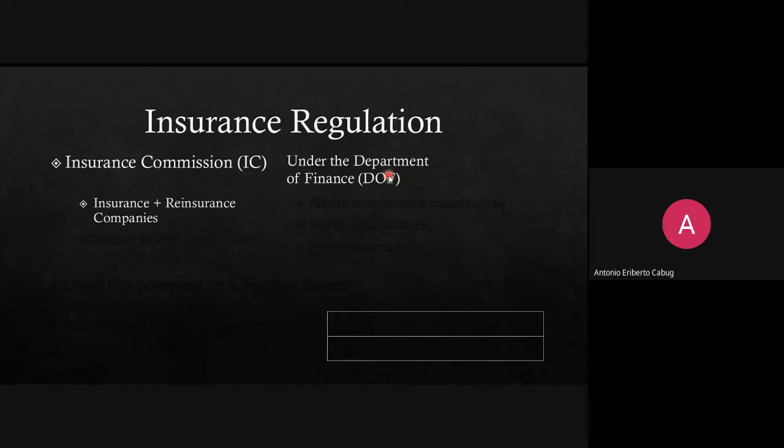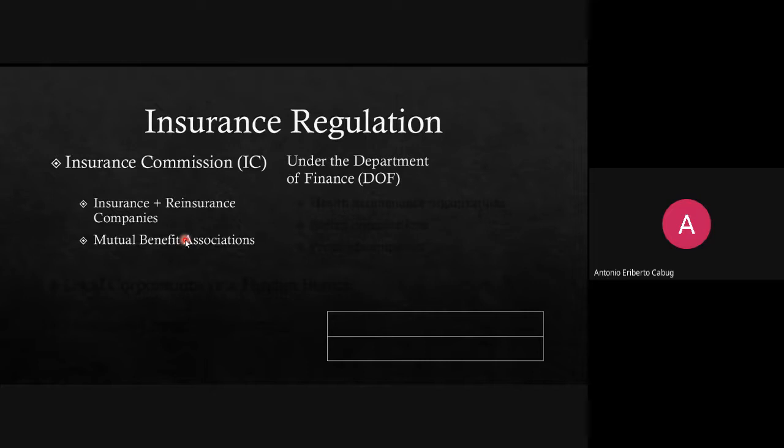What companies are under the watch of Insurance Commission? You have the insurance and reinsurance companies. Malala nyo kanina, yung insurance company, pwede nilang ipa-insure yung ini-insure nila. They will do it to the reinsurance companies. The insurance commission has oversight on insurance and reinsurance companies,